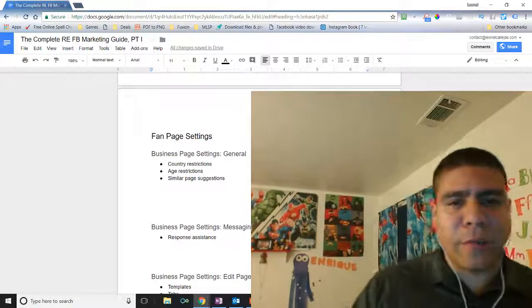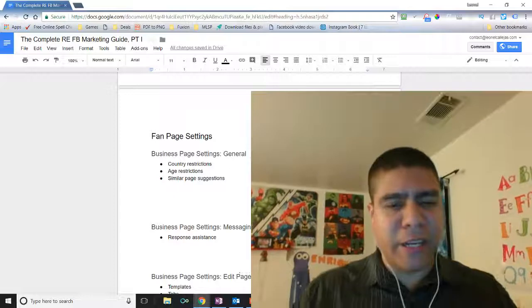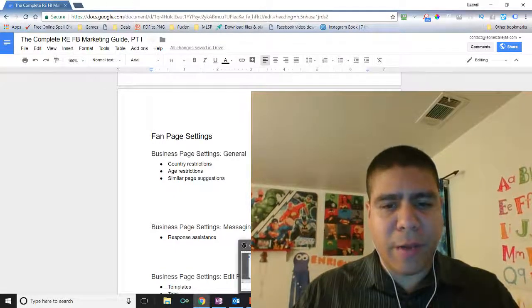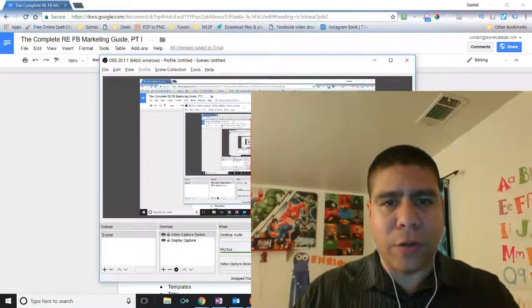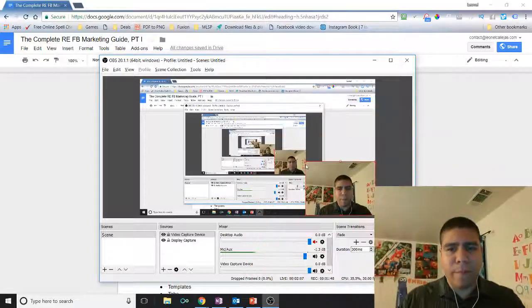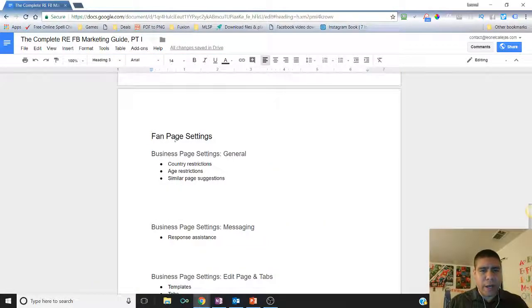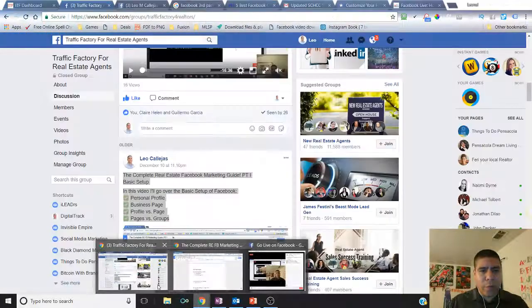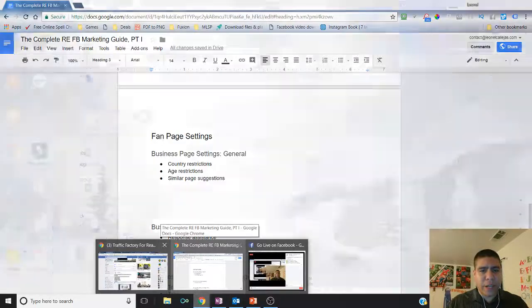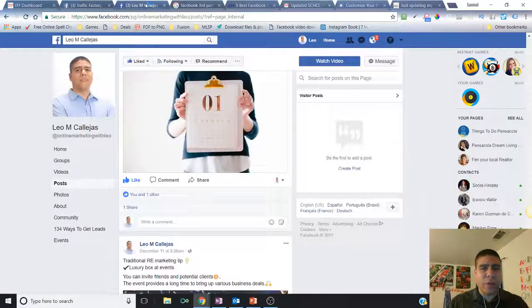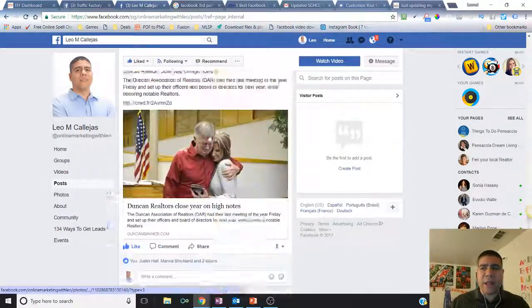So first of all, we're going to be covering the business page settings, the general section. Let me minimize my camera, by the way, I always forget to do this, and get my face out of the way. I got my little notes and documents. So business page settings, the general section. So what I mean by that is